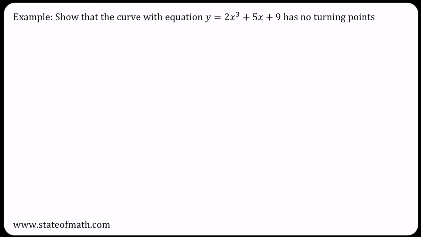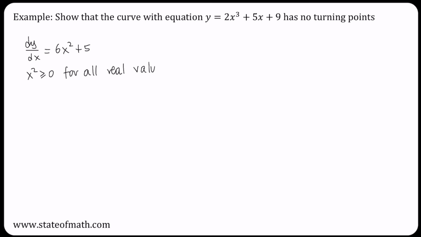Our final example is somewhat different. The instruction says, show that the curve with equation y is 2x cubed plus 5x plus 9 has no turning points. So I will start by finding an expression for dy/dx. So dy/dx in this case will be 6x squared plus 5. If it was to have a turning point, there should be at least a value of x for which this is 0. However, we start by observing that x squared is greater than or equal to 0 for all real values of x,